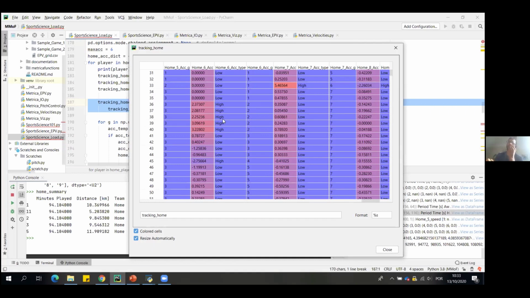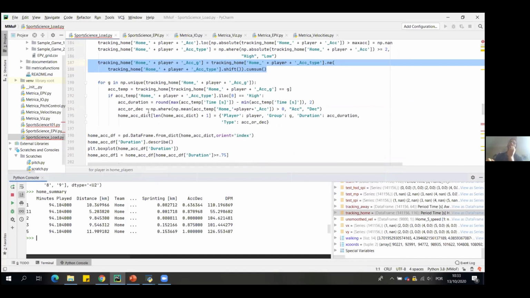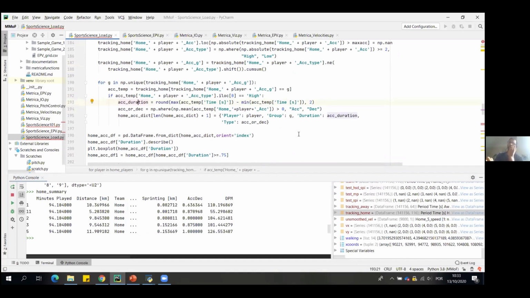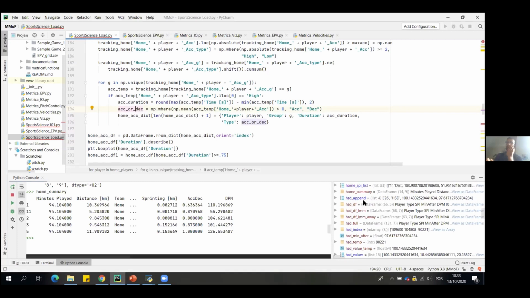Acceleration group 2 has type high with these values above 2. And then it shifts back out of 2 into 3 again. And then when we see 4, we have a deceleration that's happening below -2 meters per second squared. This sort of grouping then allows us to loop through each of the groups. It gives us a sense of the duration of that acceleration, if it was an acceleration or deceleration, and then allows us to produce a data frame